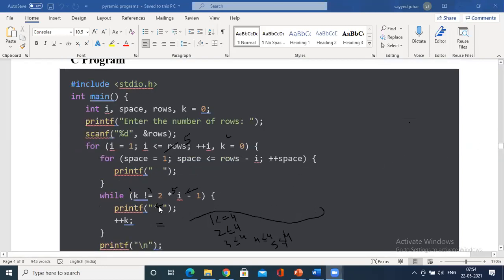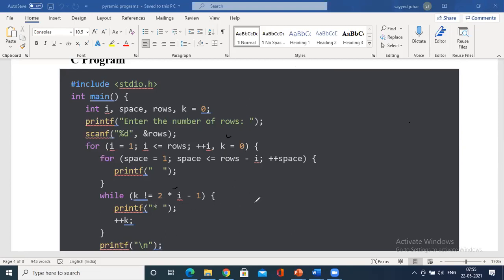Then coming to printing, you have to print the star. Hope all of you are following this concept. I'll write the iteration and forward this; if you write this iteration, you will find it easy, right? Once you come out of the for loop, you have to print the star, and it is not that you simply print the star at the correct positions. This is how you print: by taking into consideration one of the k values, k not equal to 2 multiplied by i minus 1. So for the first iteration, if you could see, k not equal to 0.